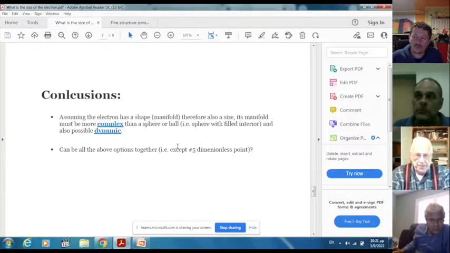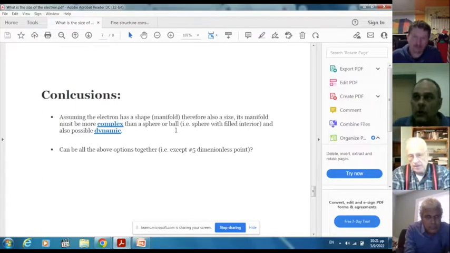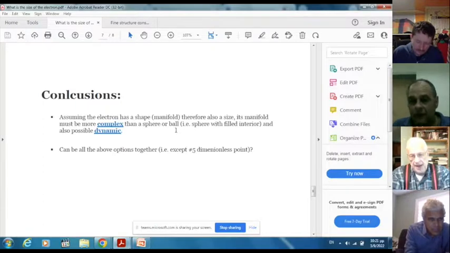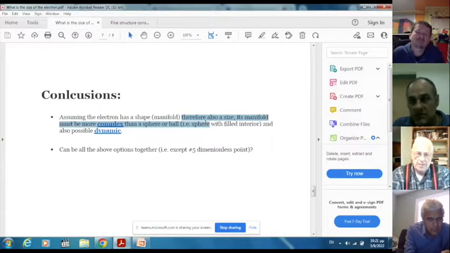We have to assume that first the electron has shape. If we assume the electron has a shape, that's a manifold. Mathematically it's not 100% correct; manifold means much more things, but for the lack of a better word, let's call it shape or manifold. So if we assume that the electron has a shape, therefore a manifold, and also a size, then its